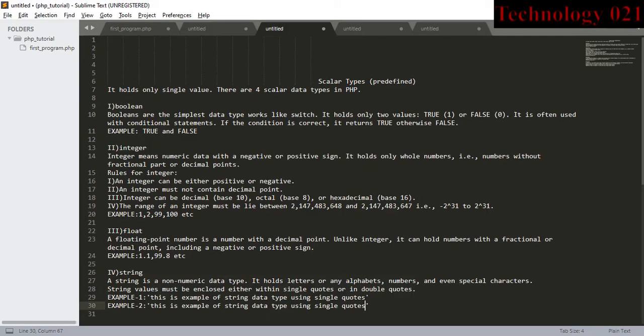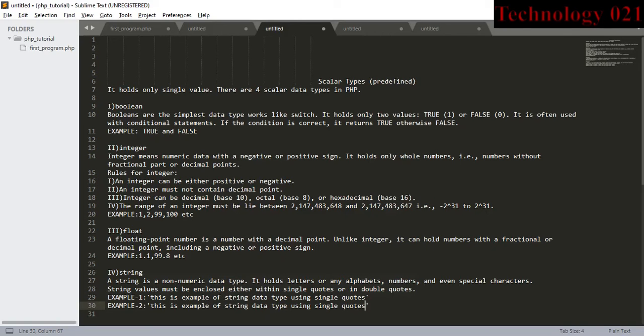Examples: any number that lies between minus 2 to the power 31 to 2 to the power 31, and which is not a fractional part or decimal point, which represents a whole number, is an example of integer.